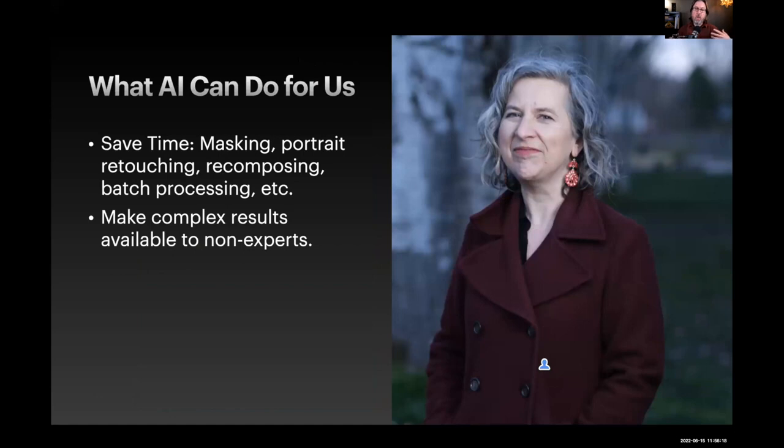All right, so basically, because the software can know more about an image, this is kind of the crux of what AI is doing for us right now. Because it can know more about the image, it can do more things. And that for you translates to saving time, like masking, for example. I'll show an example of this in a bit, but here